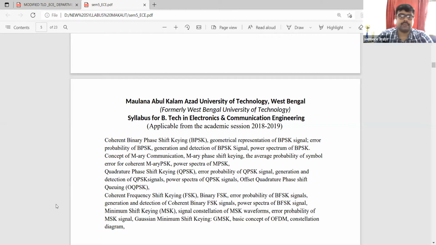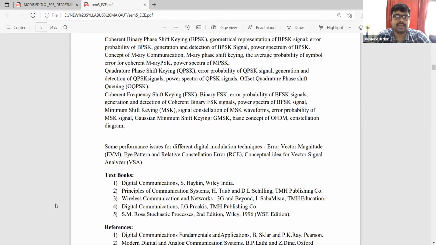Coherent frequency shifting, FSK, binary FSK, error probability of BFSK, signal generation and detection, coherent binary FSK signal, different types of FSK mechanisms, power spectrum of the BFSK signal, minimum shift keying, MSK, signal constellation of the MSK waveforms, error probability of the MSK signals, Gaussian minimum shift keying, that is called GMSK, basic concept of OFDM, constellation diagram that we